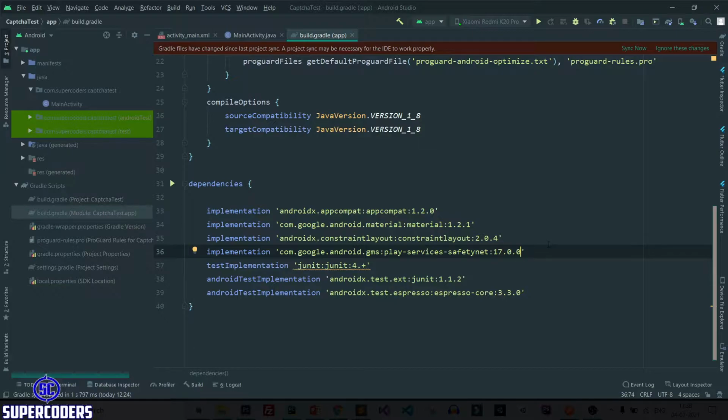You need this SDK in your Android project to use Google CAPTCHA in your Android app. After that, click on sync now.